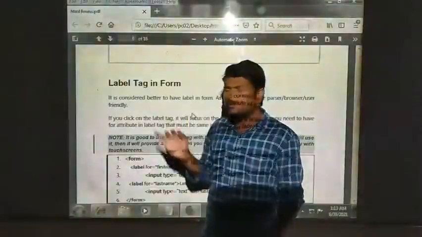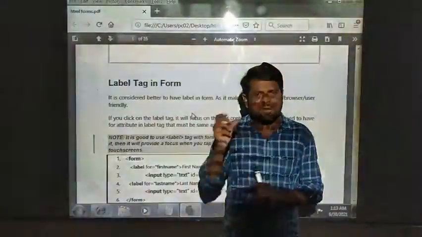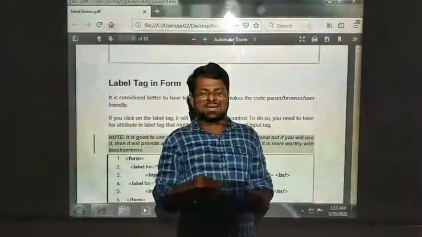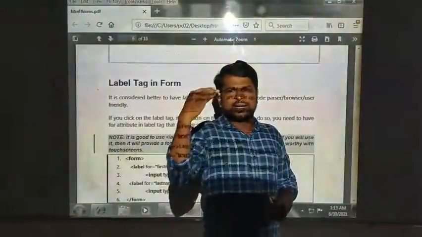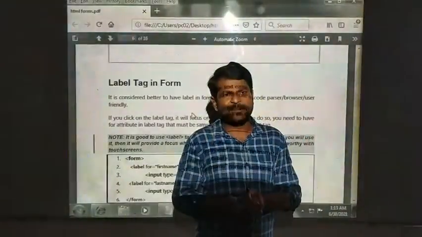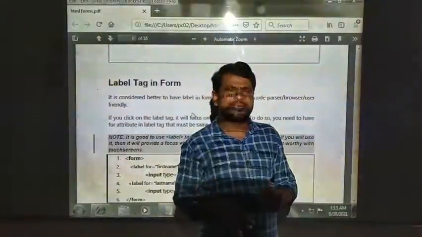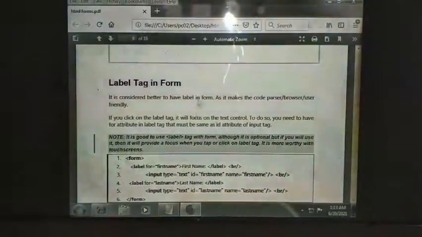If you are giving age in a scholarship form, for what purpose will that age be used? For eligibility criteria. If you are applying for any job and the age limit for the job is 25 years, it will validate depending on this label. Understand that it is for validation. So let's see the next example here.